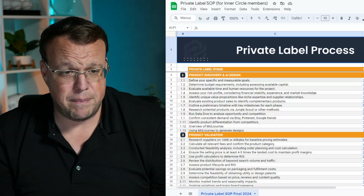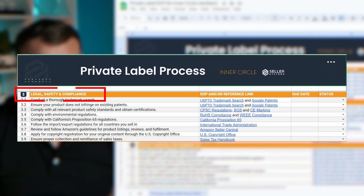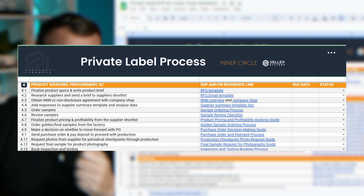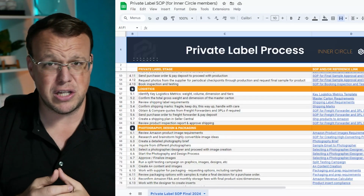launch them on Amazon. If you look here, we've got product discovery and validation, we've got legal safety and compliance, sourcing, working with factories to develop and design custom products that will win once you launch them, logistics, how to get the product here efficiently, where to store it, how to work with Amazon, either through Amazon's global logistics program